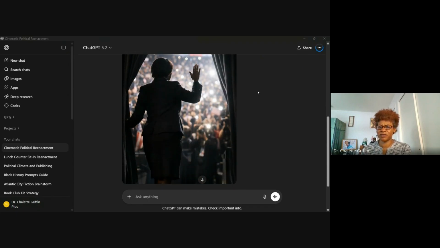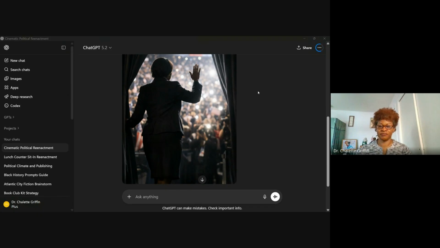Pretty much the image is supposed to represent a reenactment of the 2024 national convention. And so that's what this piece conveys. And so again, when you put together a prompt, you want to make sure all those pieces are there to support the story that you want. So we're going to go ahead and create